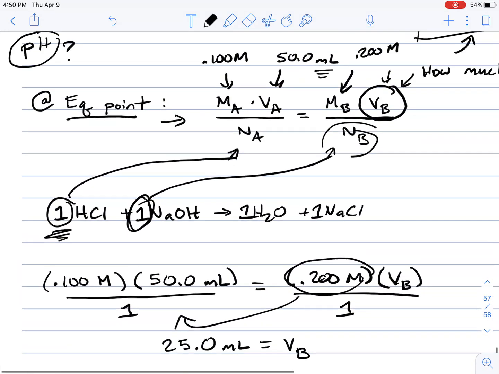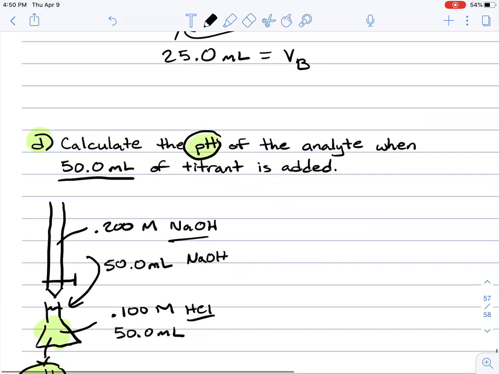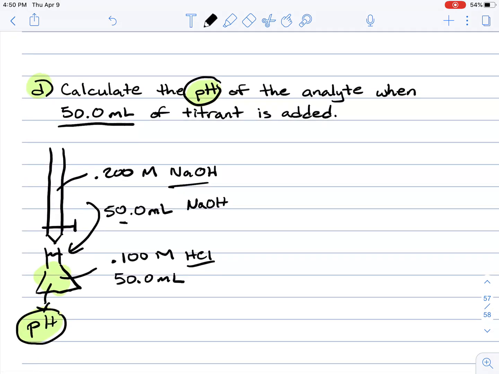And if you look at the volume that we added, 25 milliliters will get us to the endpoint. And since 50 milliliters is past the endpoint,